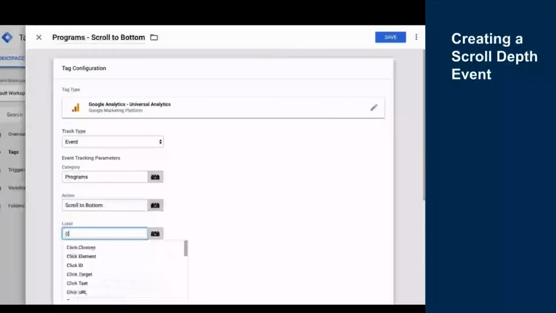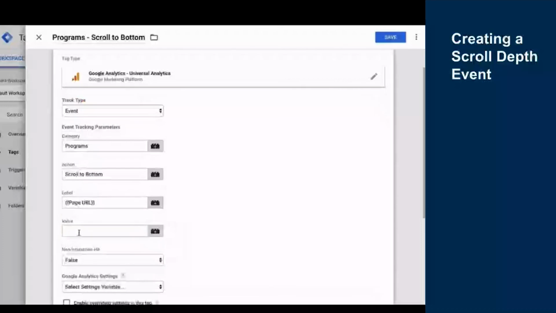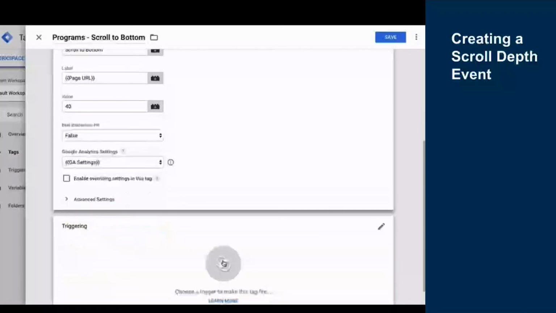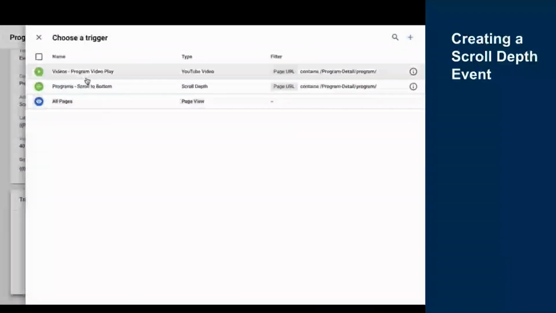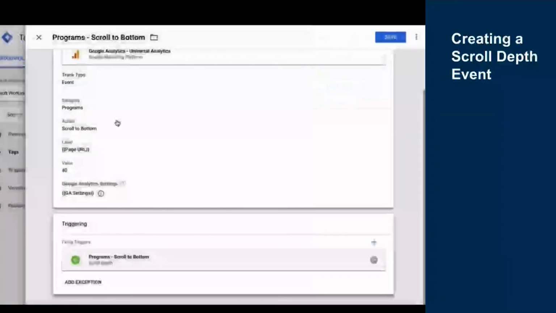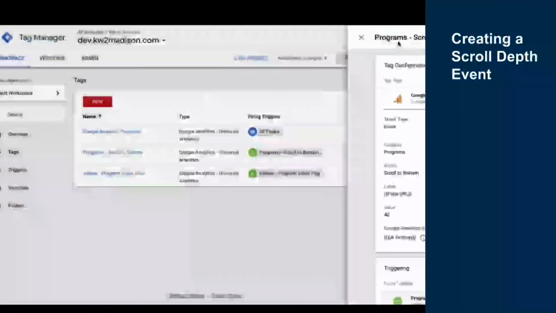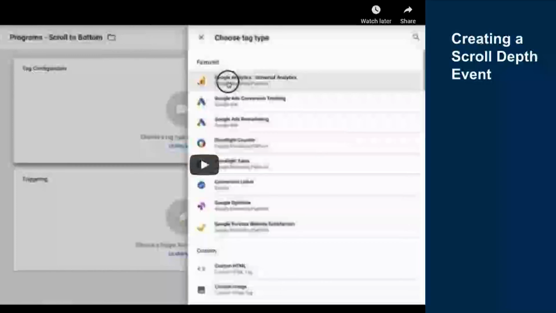And here you can see for the label, I am using a variable again. I love using variables because they really do give you a lot of detail. And we're going to use the page URL so we know which programs they're scrolling all the way to the bottom on. And again, I'll connect it up to my trigger and hit save. And now we know if people are scrolling all the way down to the